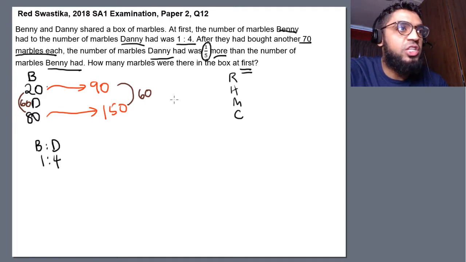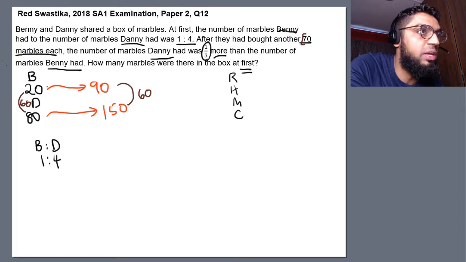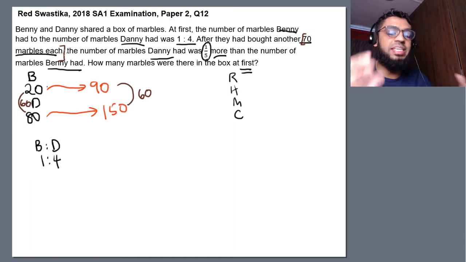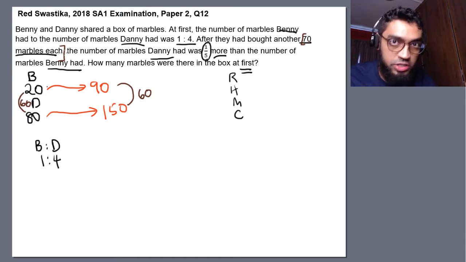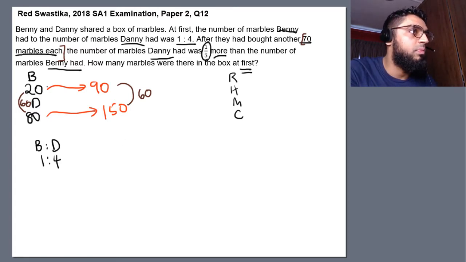Now, difference unchanged is a method that you use when you see a statement like this: 70 marbles each that they bought. They bought an equal number of marbles. Or in another question perhaps, they give away the same number of marbles, like Benny and Danny each gave away 50 marbles each. Then it is still a difference unchanged concept. Now why is this important? Because it will allow us to write the proper steps and choose the right method in order to solve this